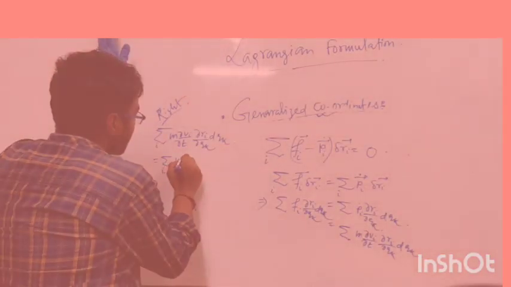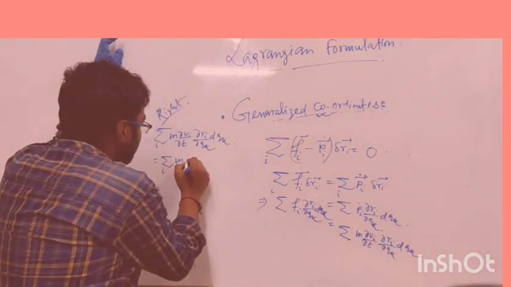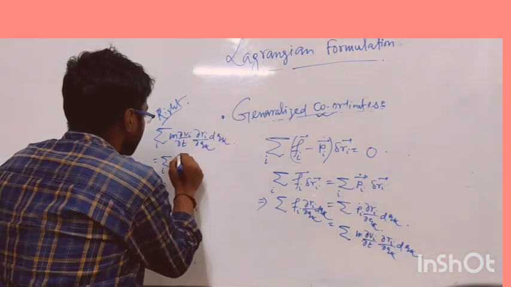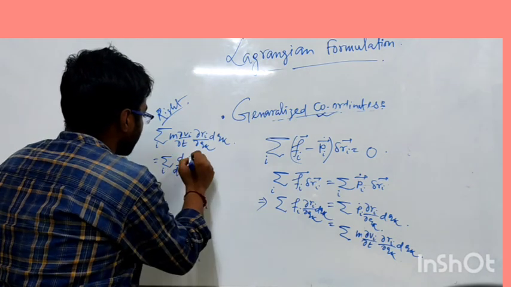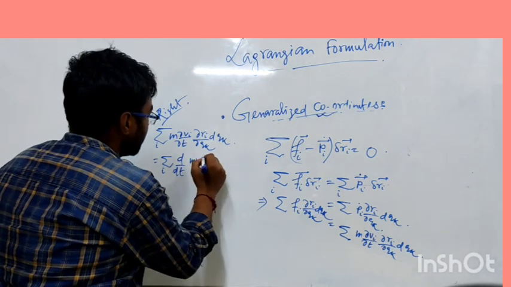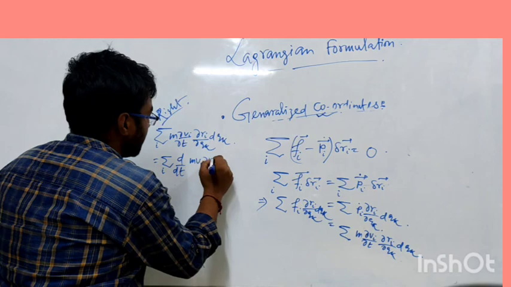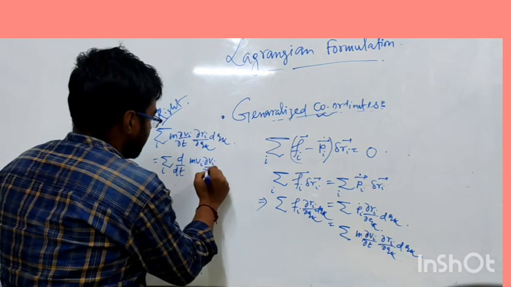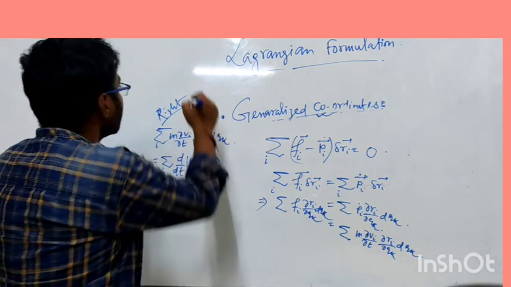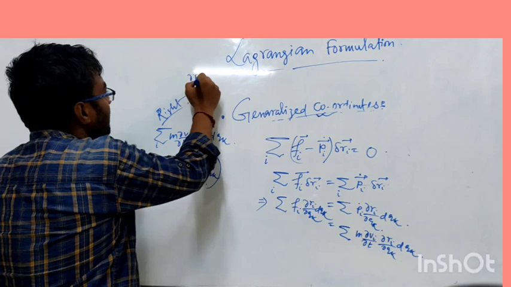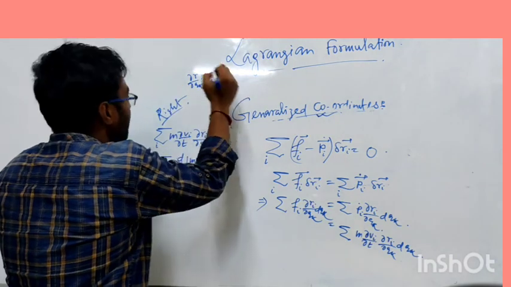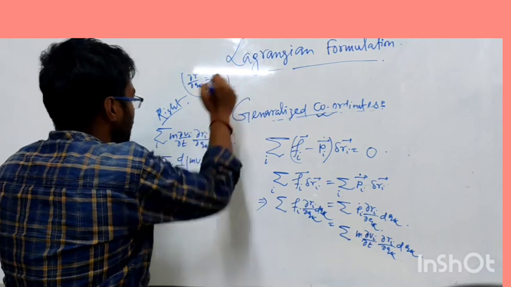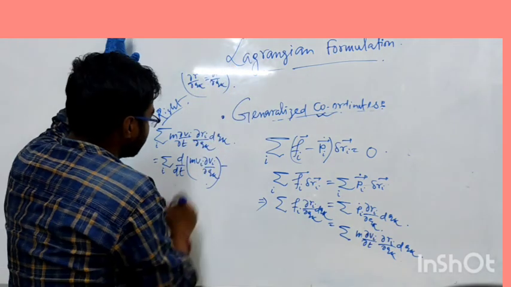Then we can write d/dt of m Vi del Vi del Qk dot, because we already know that del R del Qk equal to del V del Qk dot. So minus